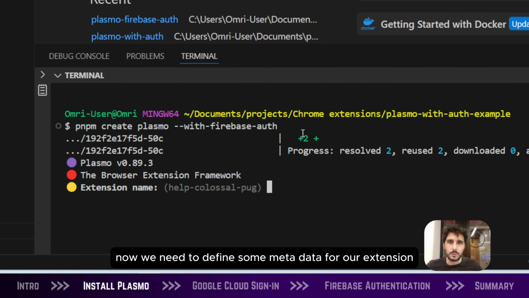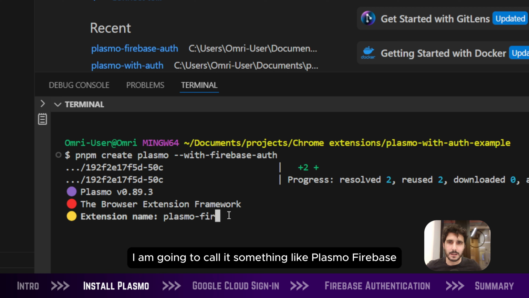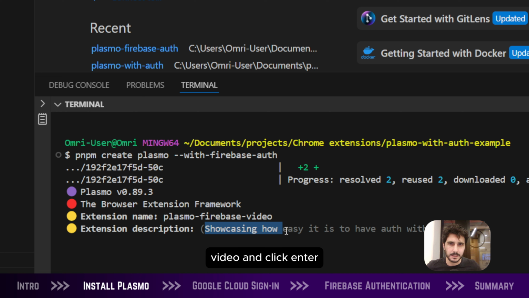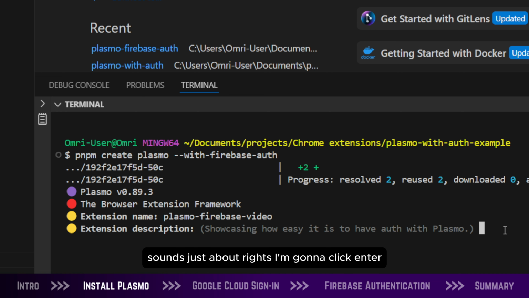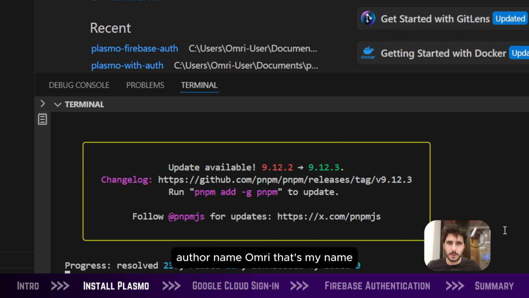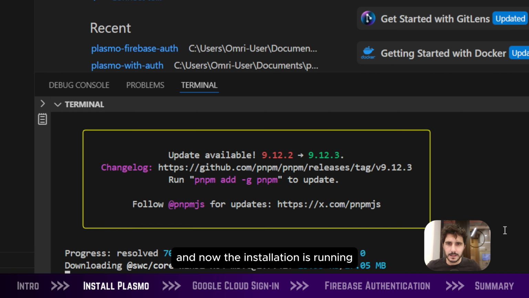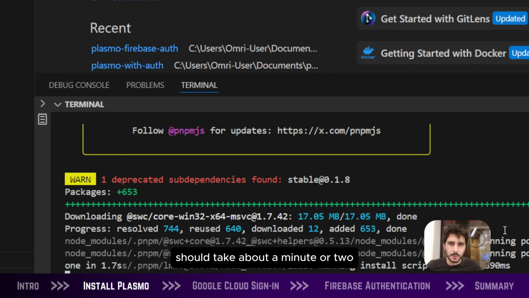Okay, now we need to define some metadata for our extension. Extension name, I'm going to call it something like Plasmo Firebase video and click enter. Description, showcasing how easy it is to have auth with Plasmo. Sounds just about right. I'm gonna click enter. Author name Omri, that's my name, and now the installation is running. Should take about a minute or two,